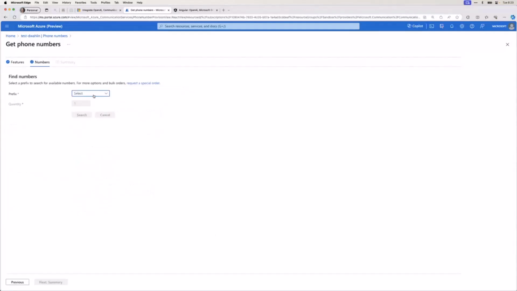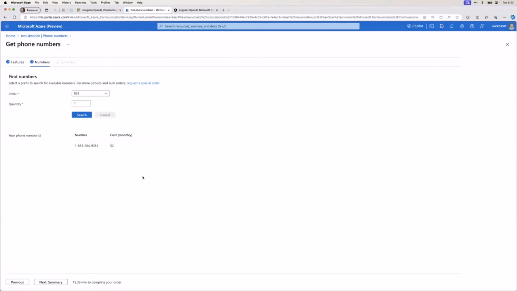So the next thing you're going to do is, because I selected toll-free, which again is about $2 a month, you could pick from a prefix. I'll just pick one here. And then search. And what it'll do is it'll kind of reserve the number it gives you for a short period of time. I think it's 15 minutes or so. And then you can go ahead and buy that if you'd like. And then that's your number.